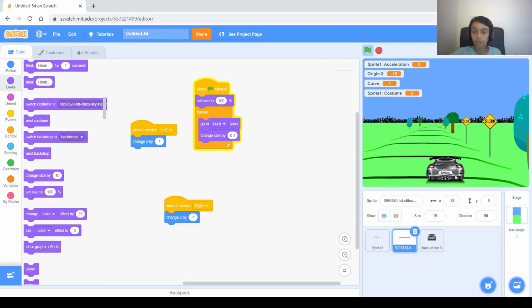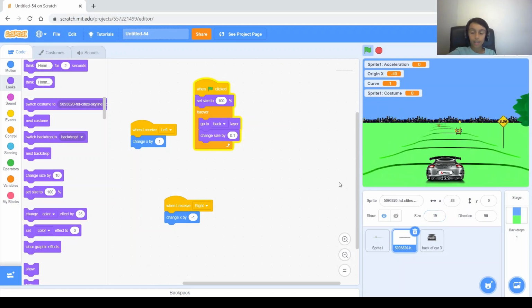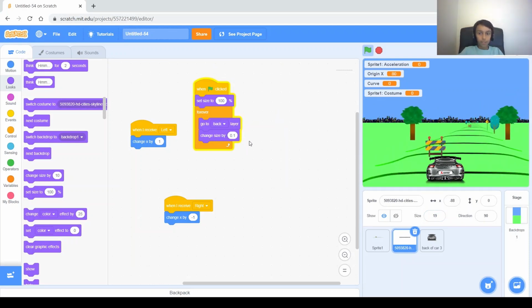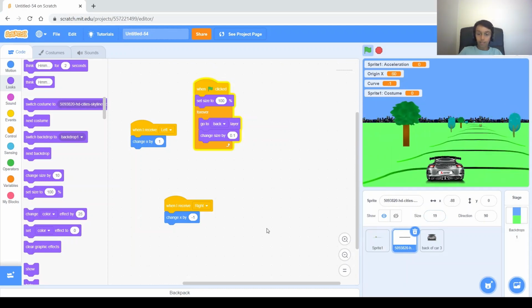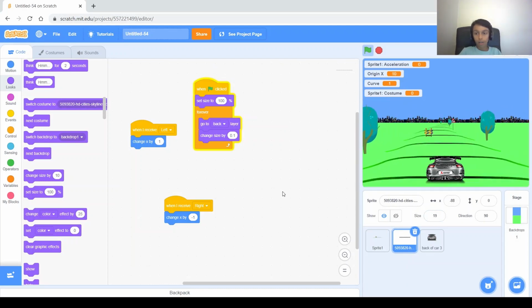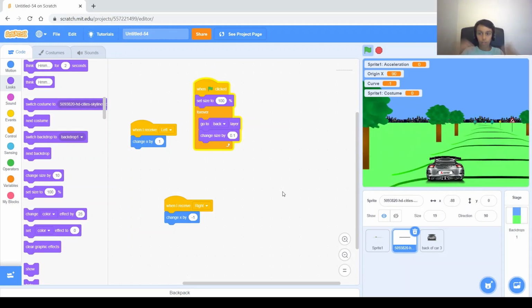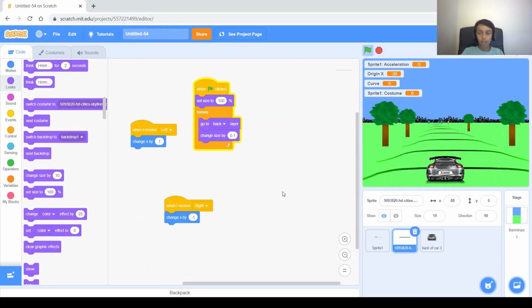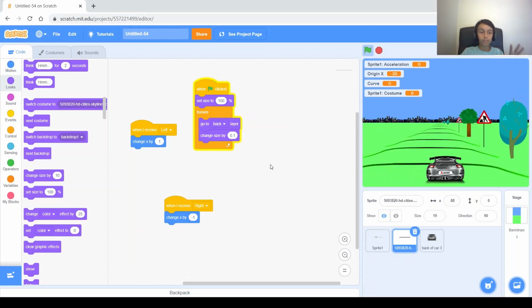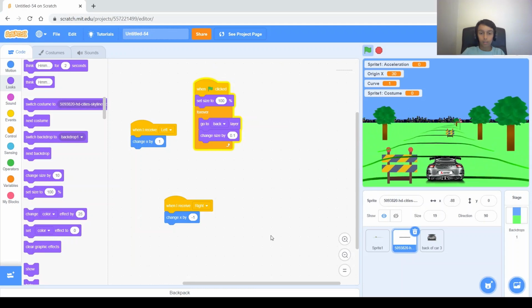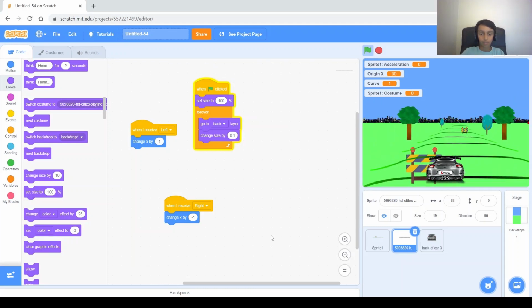Now as you can see, this city sprite is size 19, even though I told it to go to 100 and keep getting bigger and bigger. It's 19 and it's not getting any bigger, because this sprite is too big for its size to be over 19. So to fix this problem, and to make it be size 100 at the beginning and keep growing, we will